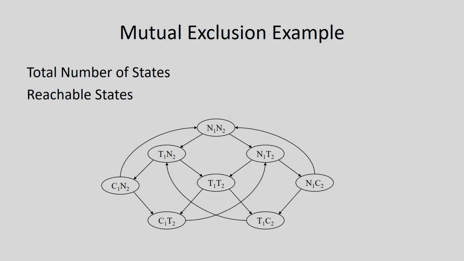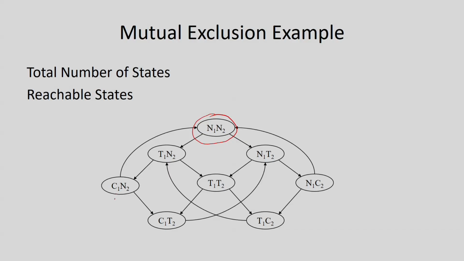Initially, both are in the non-critical region. So, one is in the non-critical region, then it may try to enter into the critical region, while the other one is still in the non-critical region. Or it may happen that process P2 tries to enter into the critical region and process N1 is still in the non-critical region. From such a scenario, it may happen that both of them are trying to enter into the critical region. Or in some cases, since it is trying to enter the critical region, if the other one is not in the critical region, then what will happen? It will enter into the critical region. After completion of its job, it will come back.